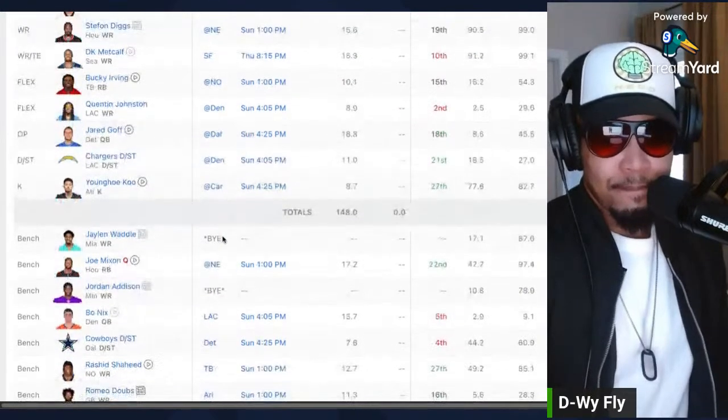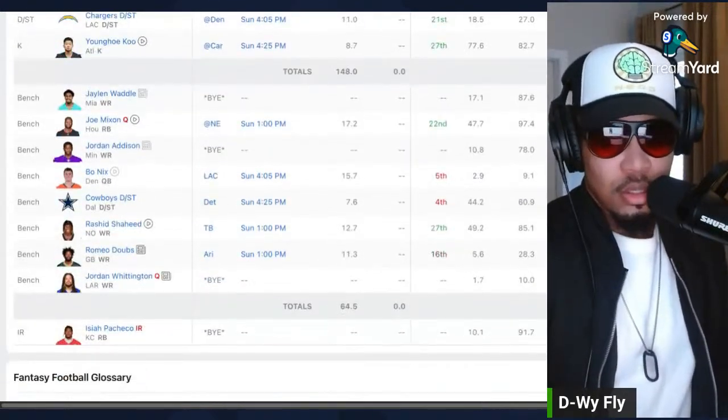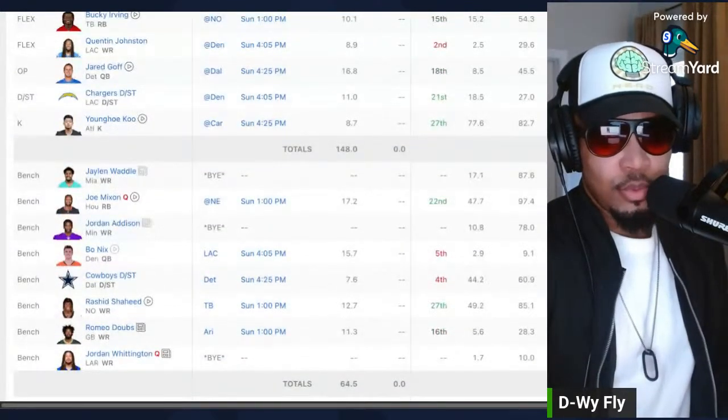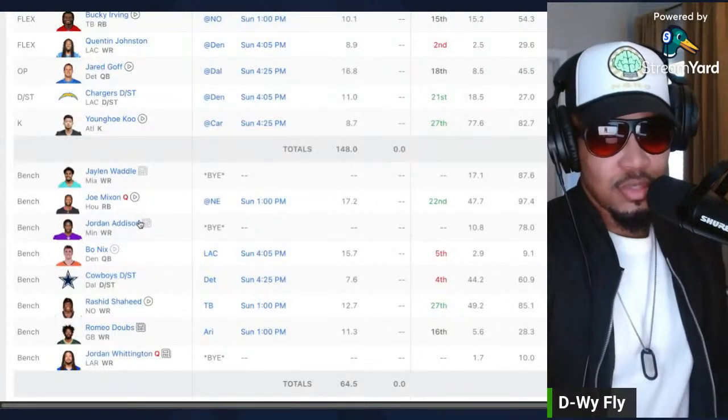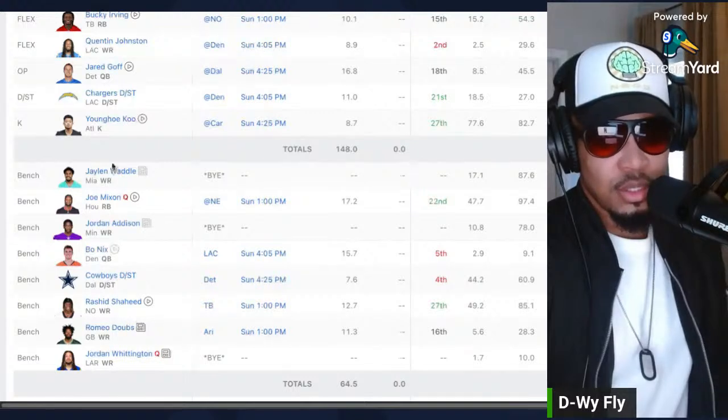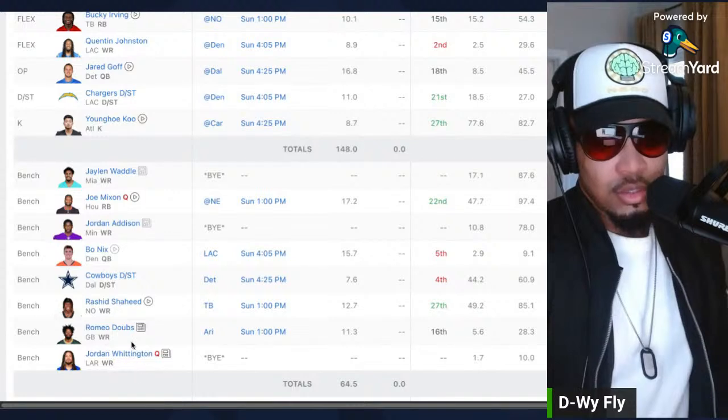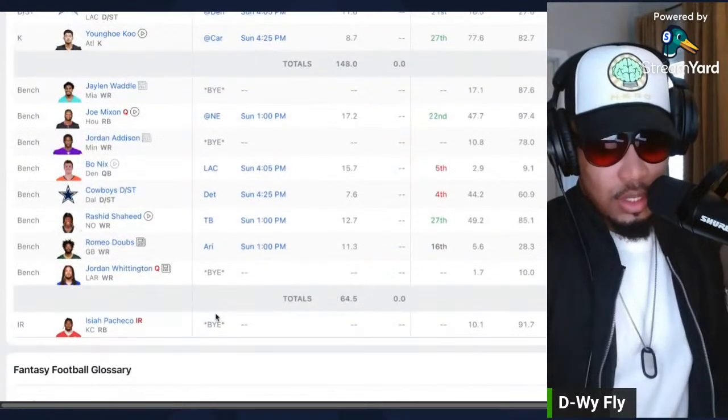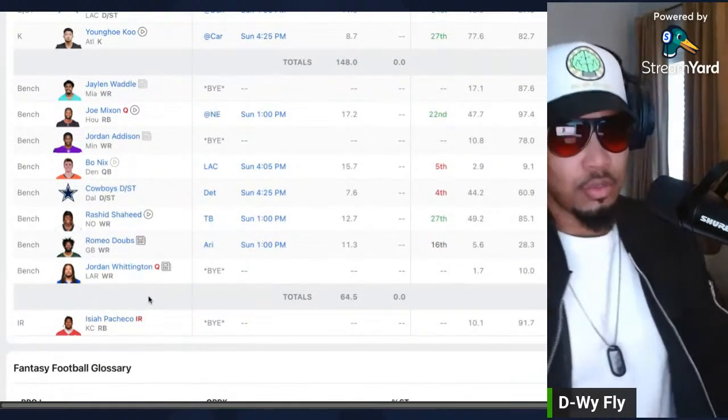on waivers a couple weeks ago, and he's waiting for his team to come together. He has some really good players, man. Jalen Waddle, Jordan Addison, Rashid Shaheed, Jordan Whittington. And he has Pacheco on the bench.